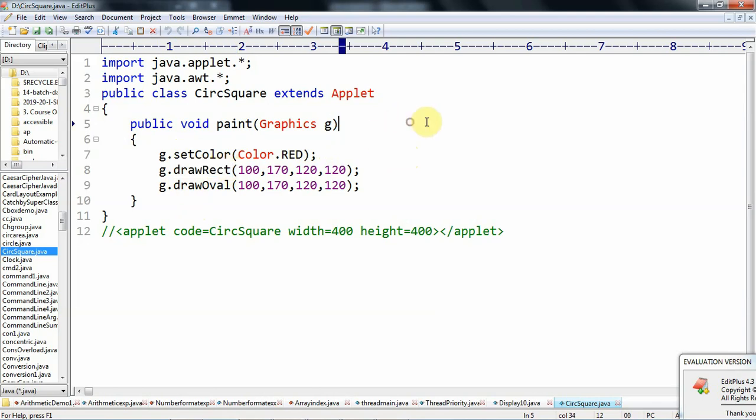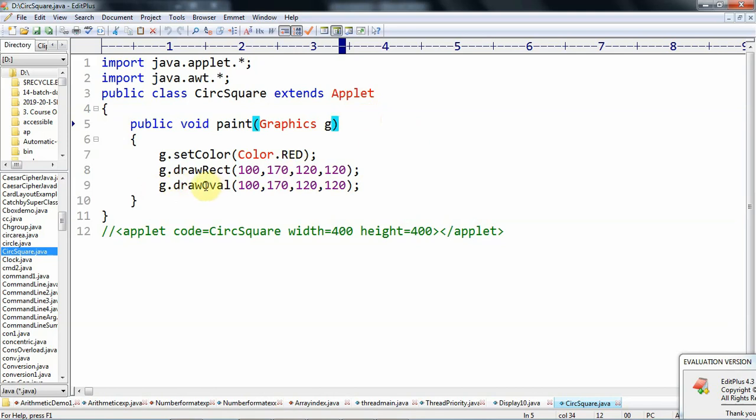This rectangle drawing starts at position 100 comma 170 in the coordinate system. From there, 120 pixels width and 120 pixels height, that means length and breadth are the same, so the rectangle automatically becomes a square.